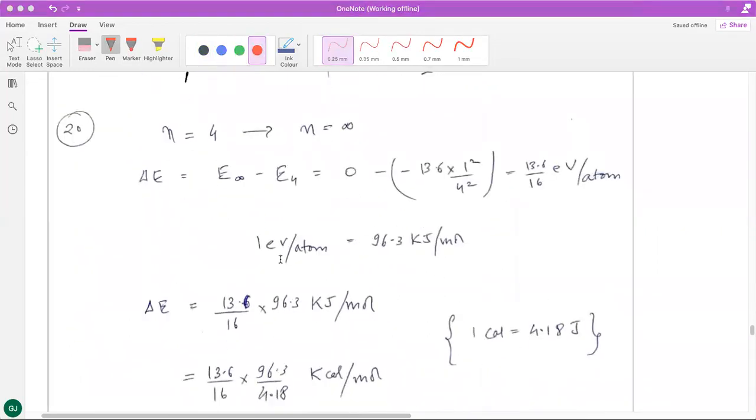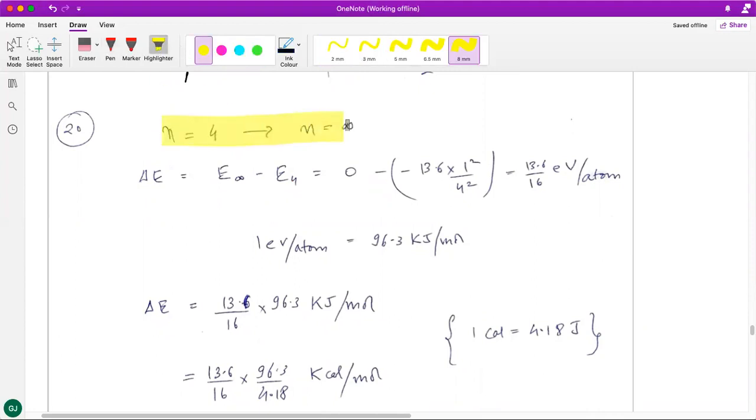20th question. Now the language of the question is something that you have to keep in mind, that it is the energy required to remove an electron from the fourth Bohr orbit. So when you read the language of the question, it is understood that you have to take the electron from n equal to 4 to n equal to infinity, so how much energy will it take. That's simple. Delta E is change in energy, that is final minus initial. Final is 0. Initial is something that we can calculate from the formula itself, and we get the answer that this is the delta E.